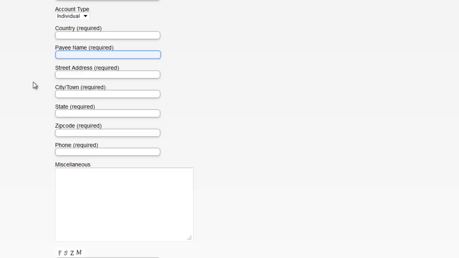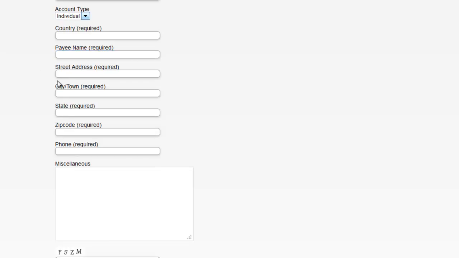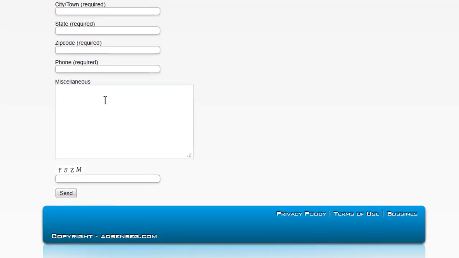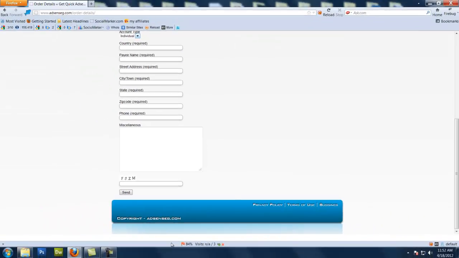Okay. Country is the country you live in. The payee name will be your name or your business name, depending on whether you've selected individual or business. Street address, city, town, state, zip, phone, all pretty straightforward. Miscellaneous, I put nothing. I enter in the CAPTCHA and I click send, and in about 5 to 7 business days you will receive an email that